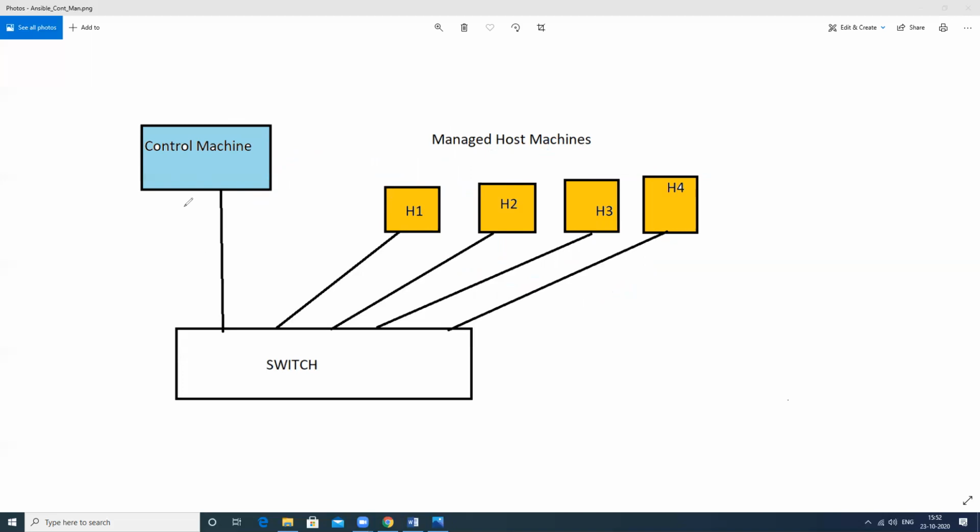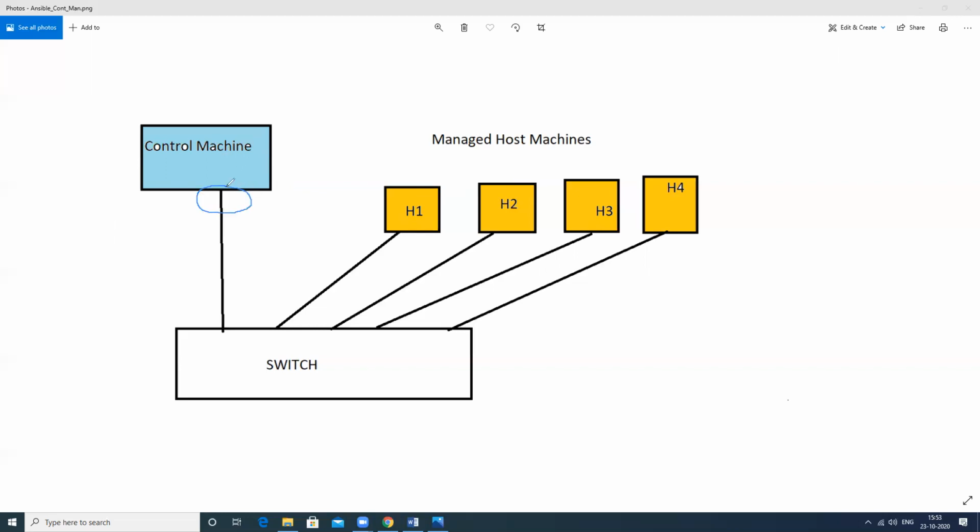We need to install the Ansible package and all its related dependencies only on this machine, not on this machine and this machine and this machine. So this is the concept to use Ansible. We can perform our tasks from this machine.